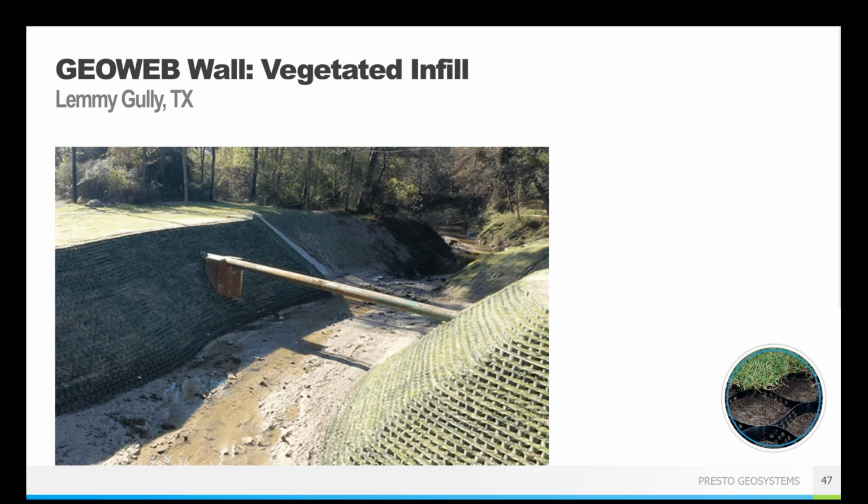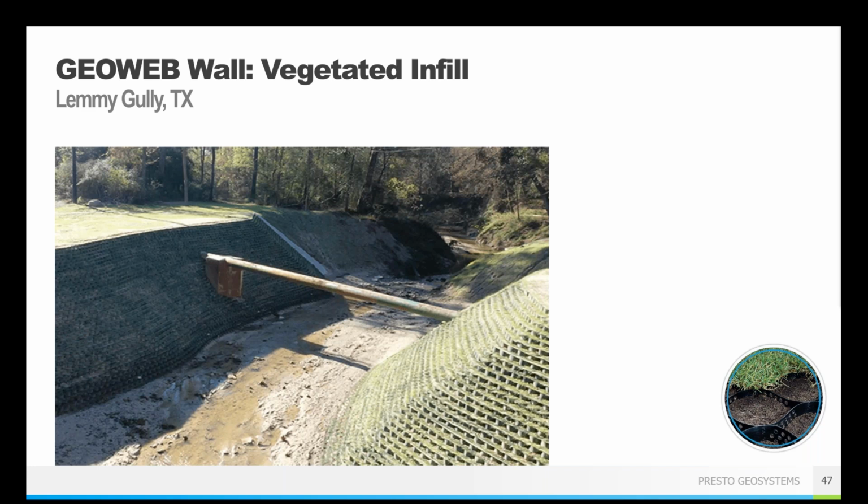We do have research and testing showing how the GeoWeb system works during hydraulic situations, hydraulic flows, and that includes topsoil, stone, and concrete. So if you are in a water flow situation or you're concerned about how the GeoWeb system is going to handle that water flow, we have it on our website, or we're more than happy to give it to you directly and talk about what it means, what the details are. Feel free to reach out to us about that type of research and testing. We're not going to necessarily talk about it anymore today.